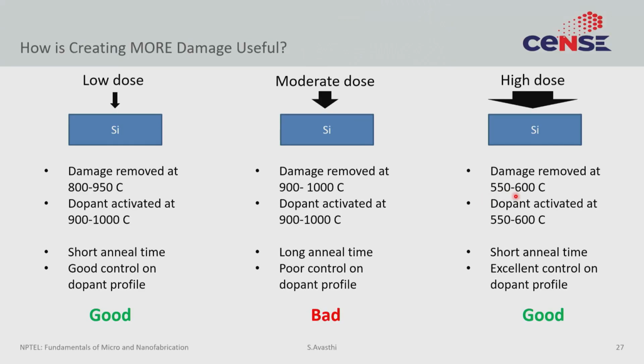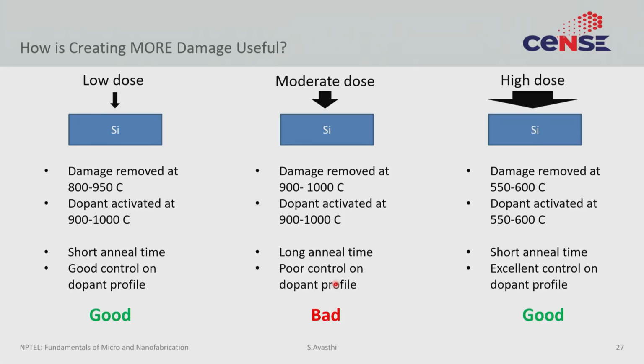So, at very, very high dose where you form an amorphous film, the temperature it takes to anneal away the damage actually is lower than what it would have been in the moderate case. And this lower temperature is easier to do than moderate or low dose. So, the high dose implants are actually easier to anneal than a moderate dose implant. And that was a counterintuitive example, and it is just one of those lucky things that happened in processing that led to the adoption of implantation. So, it is a happy accident, right.